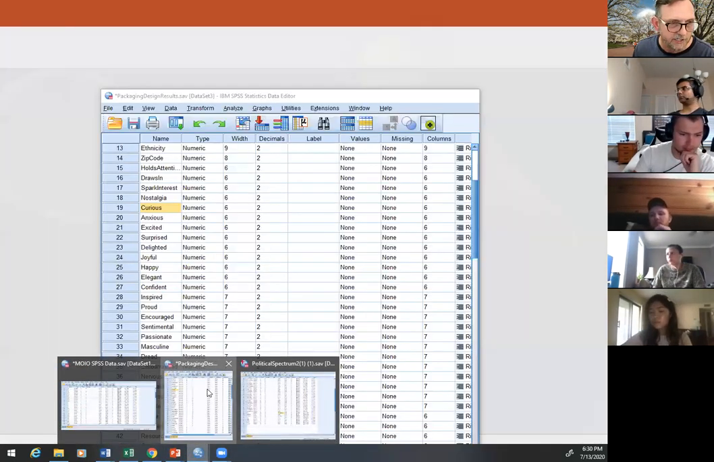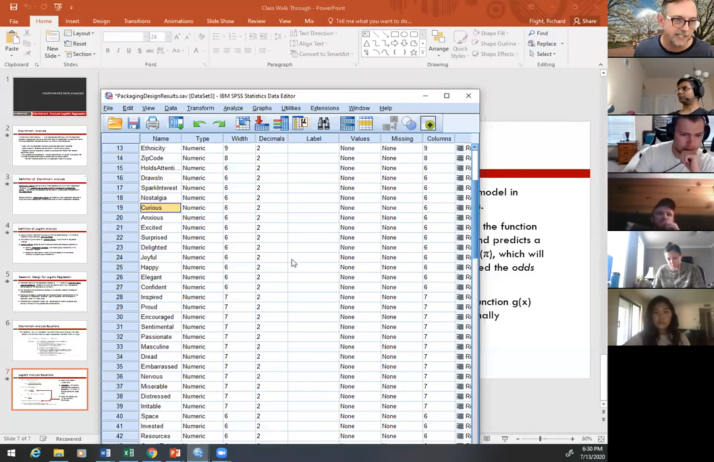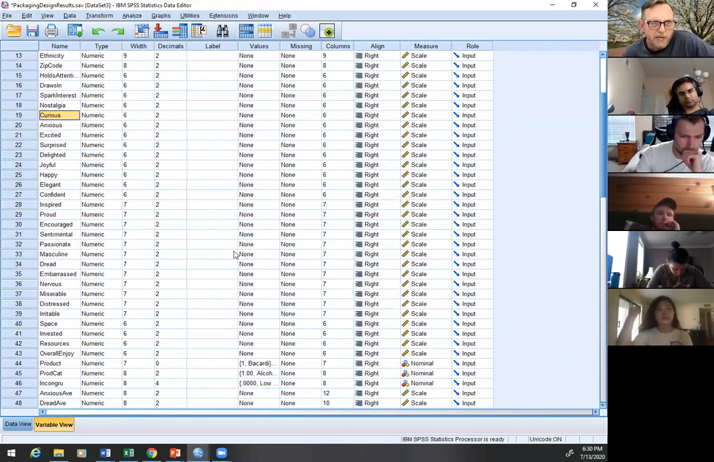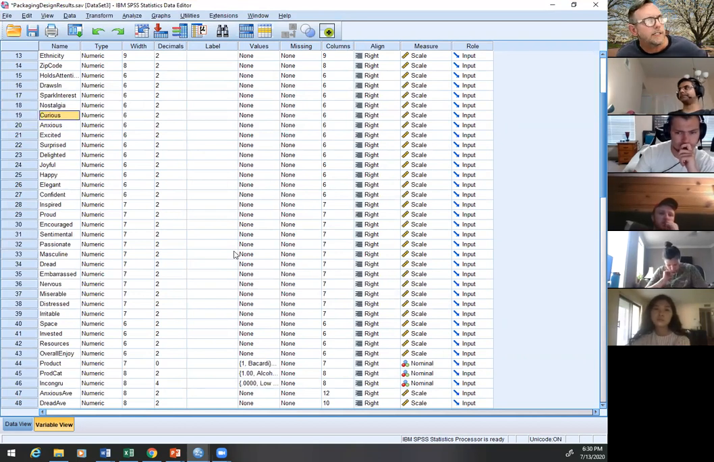We'll look at the packaging data. Okay, so this is a data set you don't have, but it's one that I just pulled up earlier, and I wanted to see if I could do some analysis on it. This is a data set that was collected a couple years ago, and what we're looking at deals with